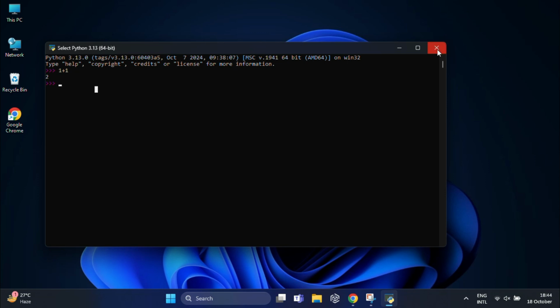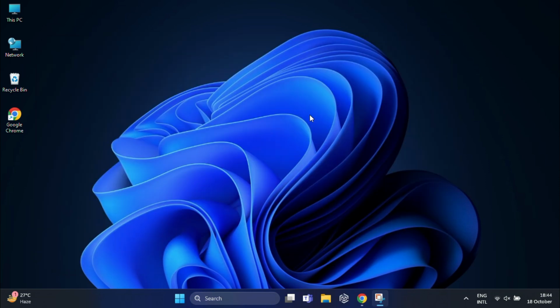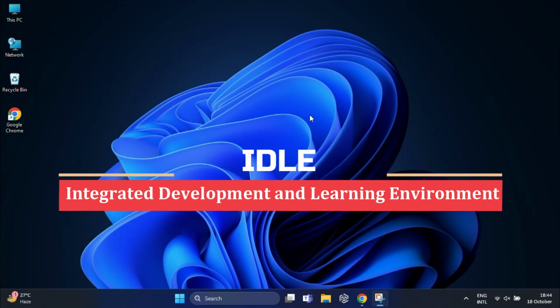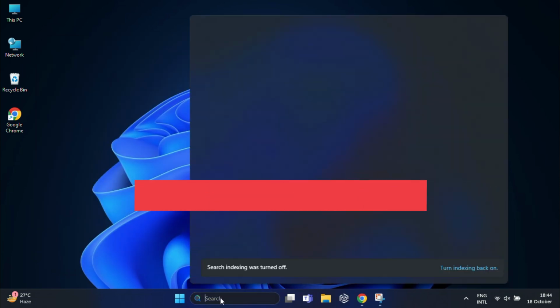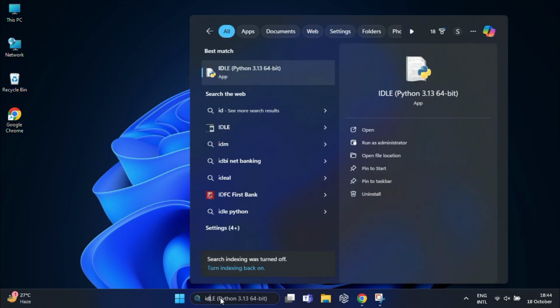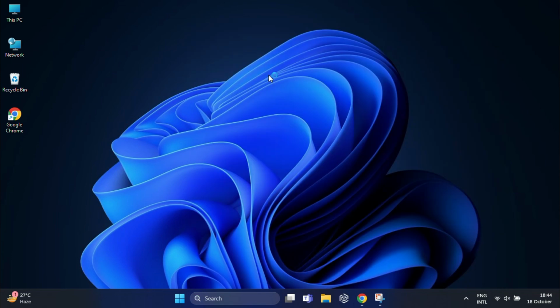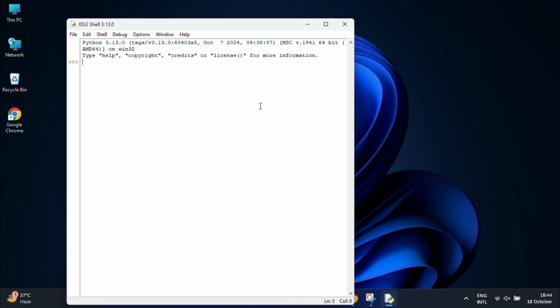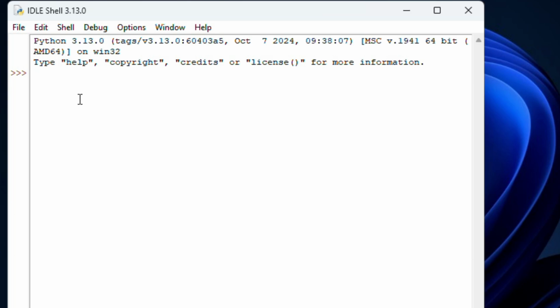Okay. And now let's explore IDLE, which stands for Integrated Development and Learning Environment. Search IDLE in the start menu and open it. IDLE is a graphical interface for Python, where you can write, edit and execute Python programs. So let's try a small script here. Okay. So you need to type print